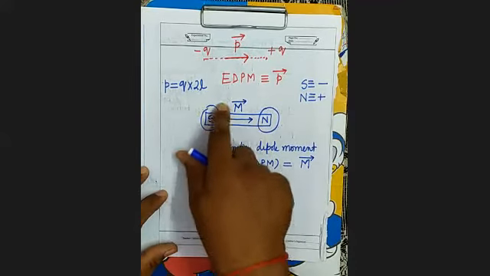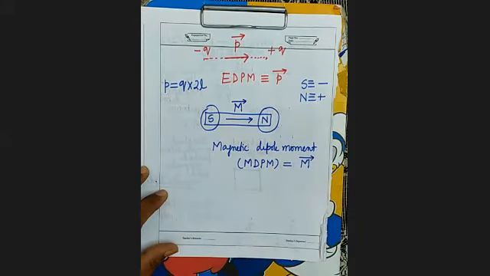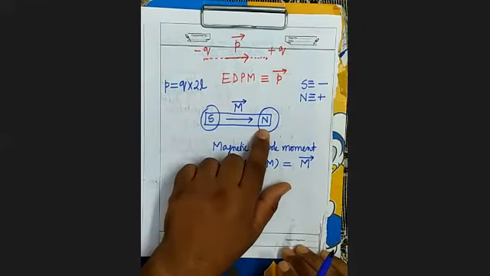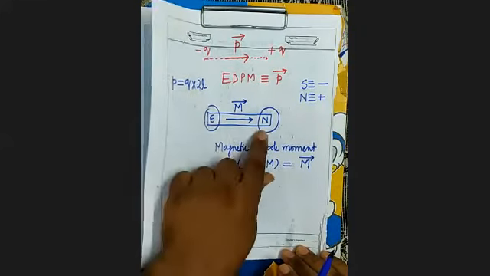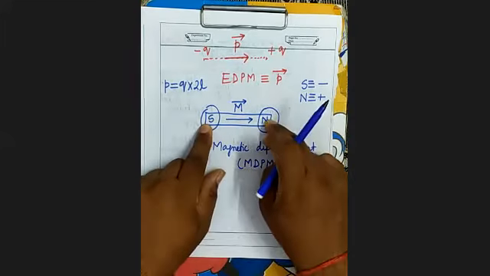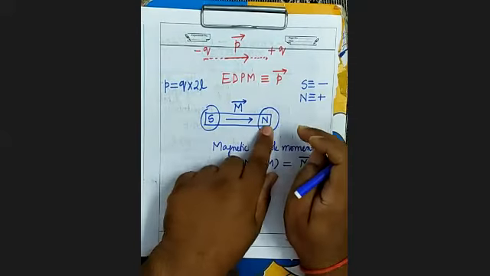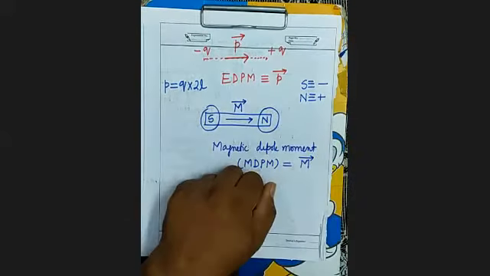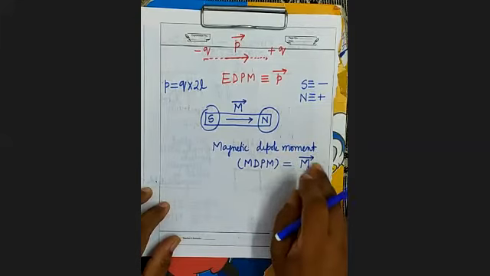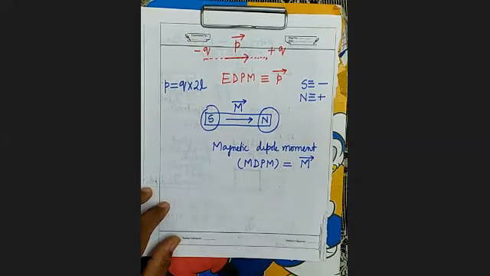But do we know the strength of these poles? No, we don't. Pole strength is not known. And why is it not known? Because these poles do not exist independently. They always exist in pairs. It means that the strength of one is associated with the strength of the other, and we don't know the strength of each separately. Is it clear? So there is no such formula here. It is described in another way that you will study afterwards.